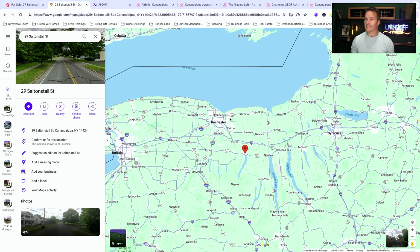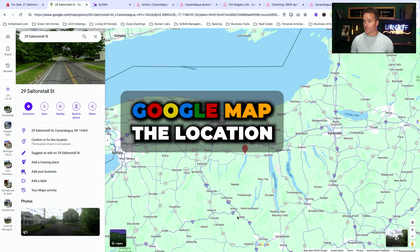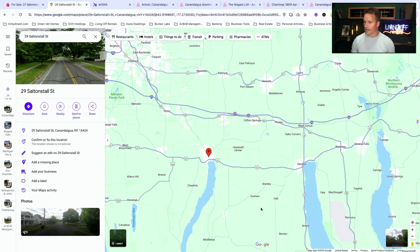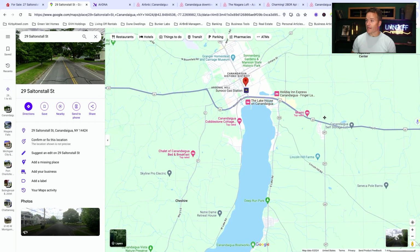So after looking at the listing, the next step in my process is to look at where the property is located in conjunction to other things. So ideally, you want to be just outside of larger cities, so you're close to a population base in an area that has some local draws. And so this is the perfect type of location. You're just outside of Rochester, you're in the Finger Lakes area that has a lot of draws, and you're just at the tip of this Canandaigua, which I'm probably saying that wrong, lake, and you're just a few blocks away from the lake with this property. And so it's a place that a lot of people might visit,